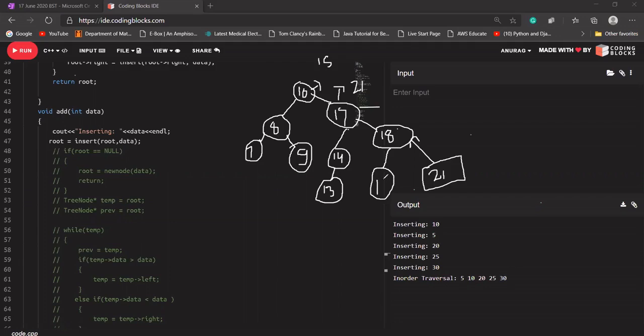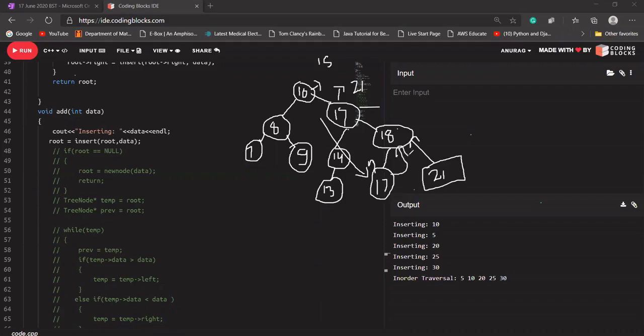Let's say 17 is also here. So what I'm going to do is call my delete function again for this node, because we all know the address of this node. I'm going to remove this node by calling my function for it again. In that case, if its left is null, it is going to return the address of its right. Although it can be anything, because its left and right are both null. So it is going to return a null here, and that null will be stored into 18.